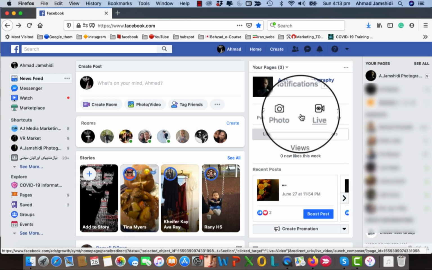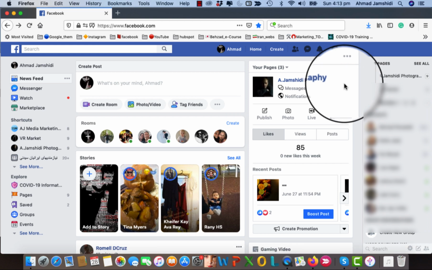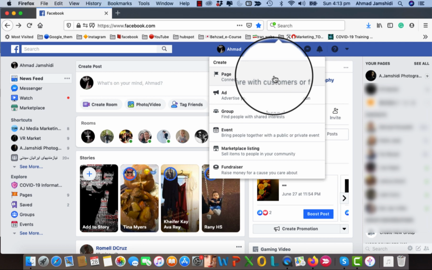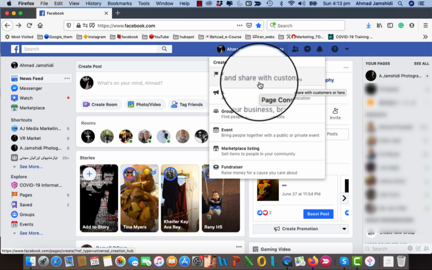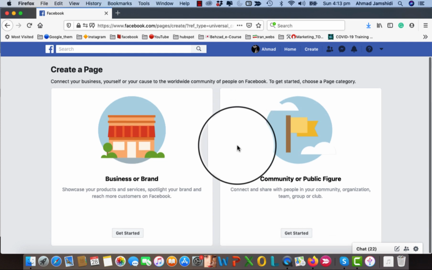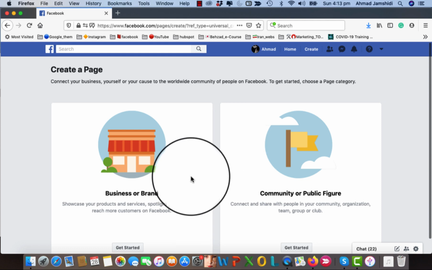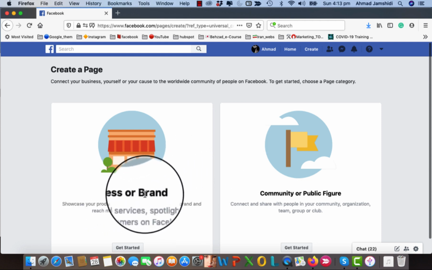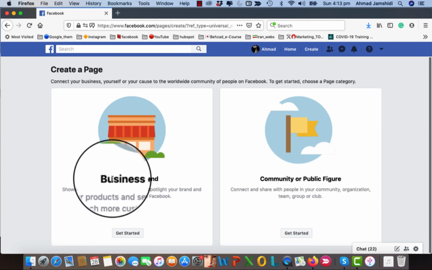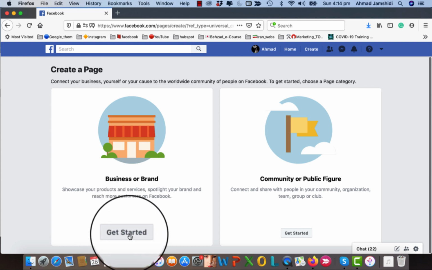So we're actually on a Facebook page right now. When you log in, the first thing you need to do to create your page is come to the create button on the right side of the Facebook page, click, and choose the first category, which is page. Click on page, and it takes you to the create a page screen for the business page. You have the option of business or brand, or community or public figure. Because we're trying to make a business or brand page, I'll click on get started,